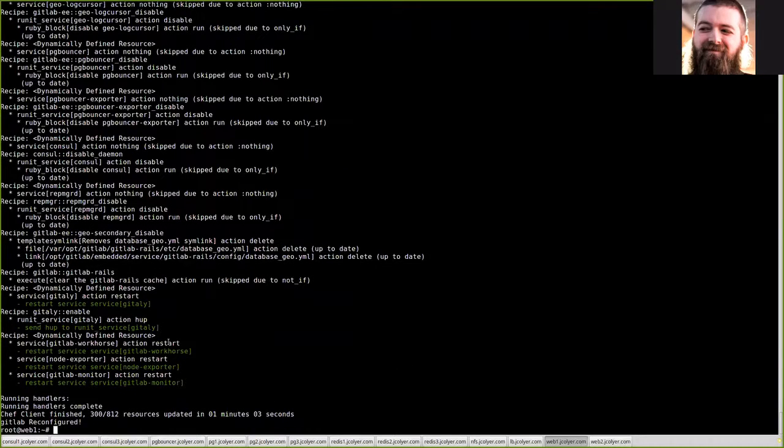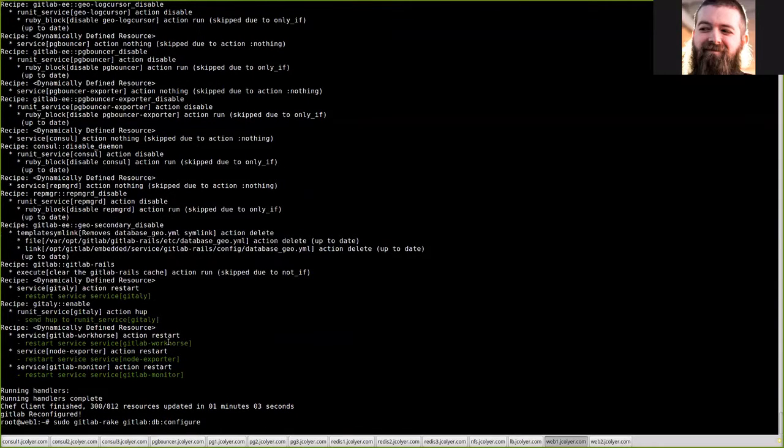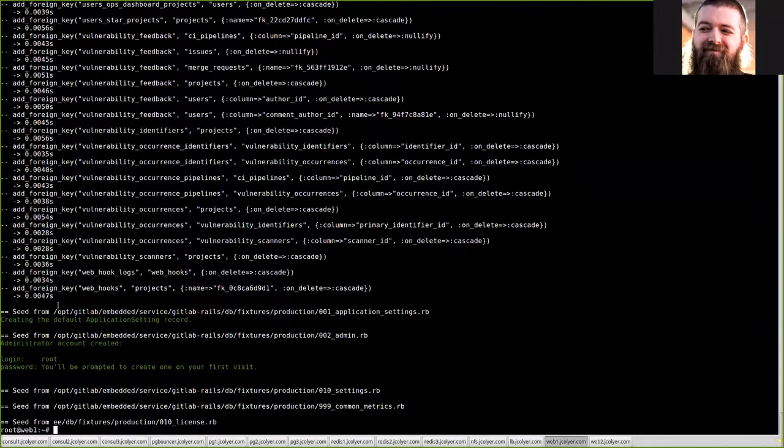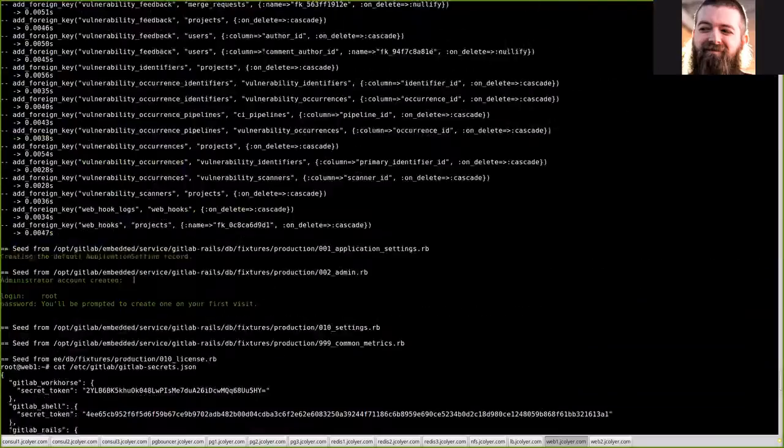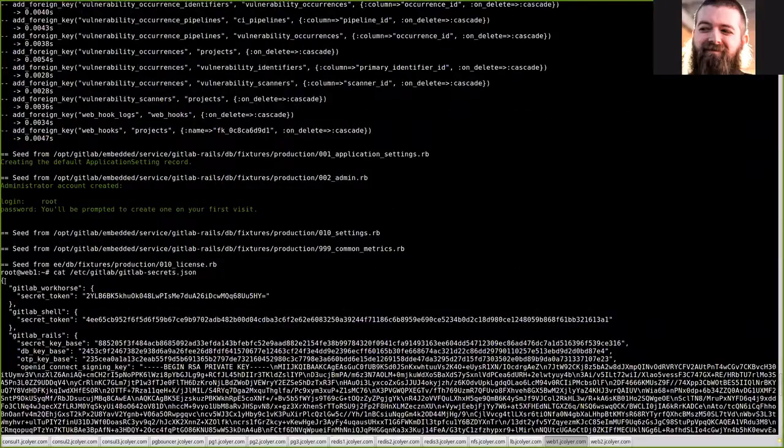Now with our first web server configured, we're going to go ahead and set up the database. To do this, we're going to do gitlab-rake gitlab:db:configure. And we'll wait for that to finish. With that completed, we're almost done here, but we need to go ahead and cat the etc gitlab-secrets.json file. And we're going to need to copy all of this over to our secondary server. So we'll go ahead and copy this